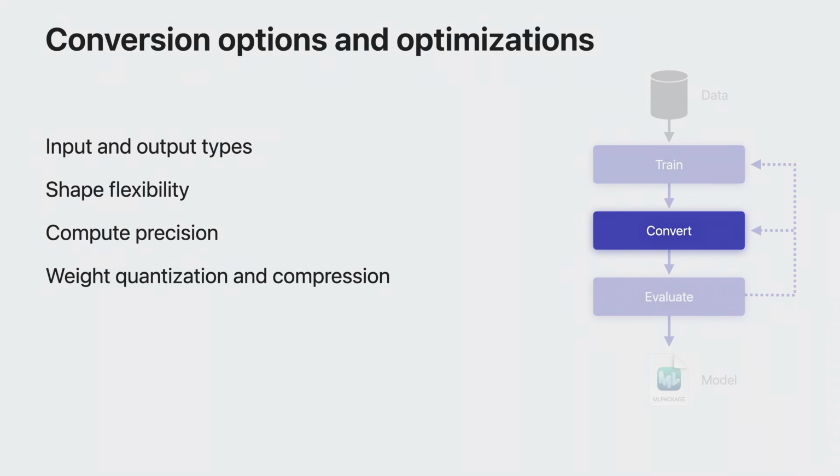In addition to the precision of computation, you also have some control over how your model parameters are represented. CoreML Tools comes with a set of utilities for post-training weight quantization and compression. These utilities can help you significantly reduce the footprint of your model and improve performance on device. However, to achieve these benefits, there is some trade-off in accuracy. There are some new tools to help you in this space.